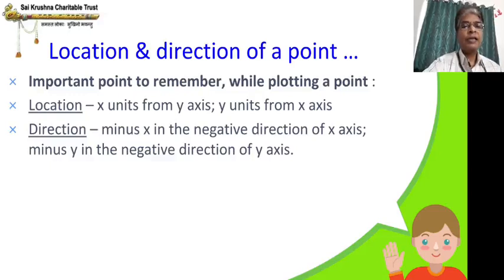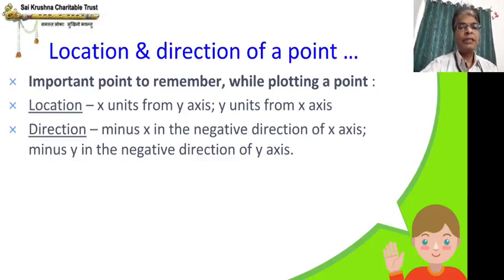That is, in the case of location, it is the opposite axis, whereas in the case of direction, it is the same axis. If you note this down and practice, these things are not even required to remember. The moment you see, if I say minus 4 comma 2, you will immediately go to where? Minus 4 is the x coordinate, so you go from the y axis, and since it is minus, you go on the left side, and 2 positive, you go up. So you will be able to locate any such point like that. We will see the examples in the next part.